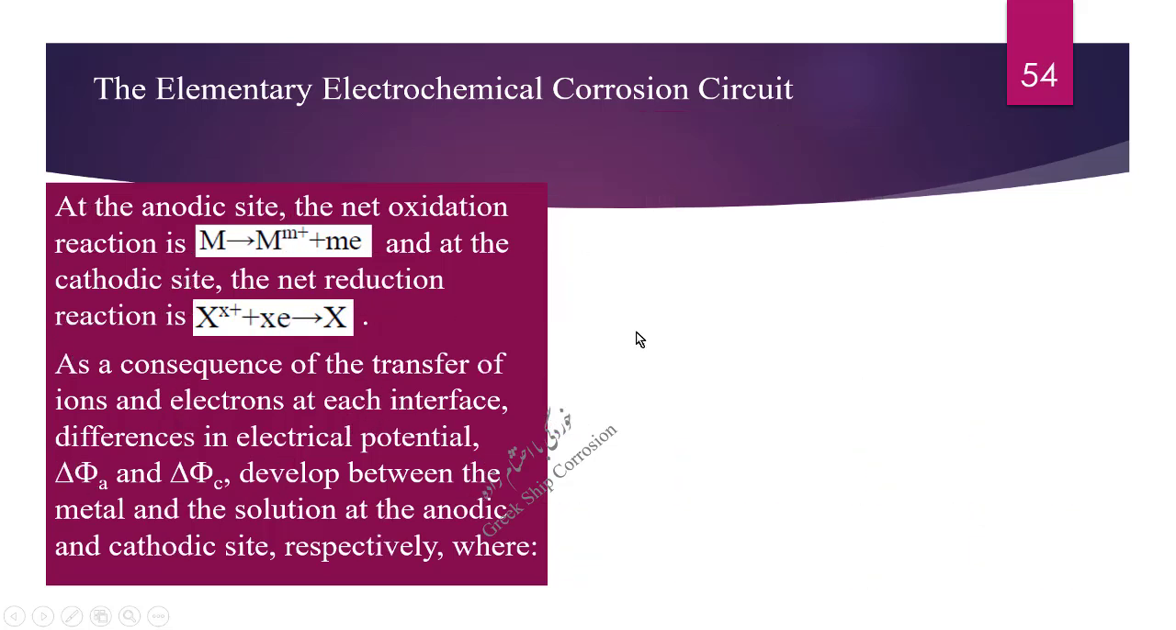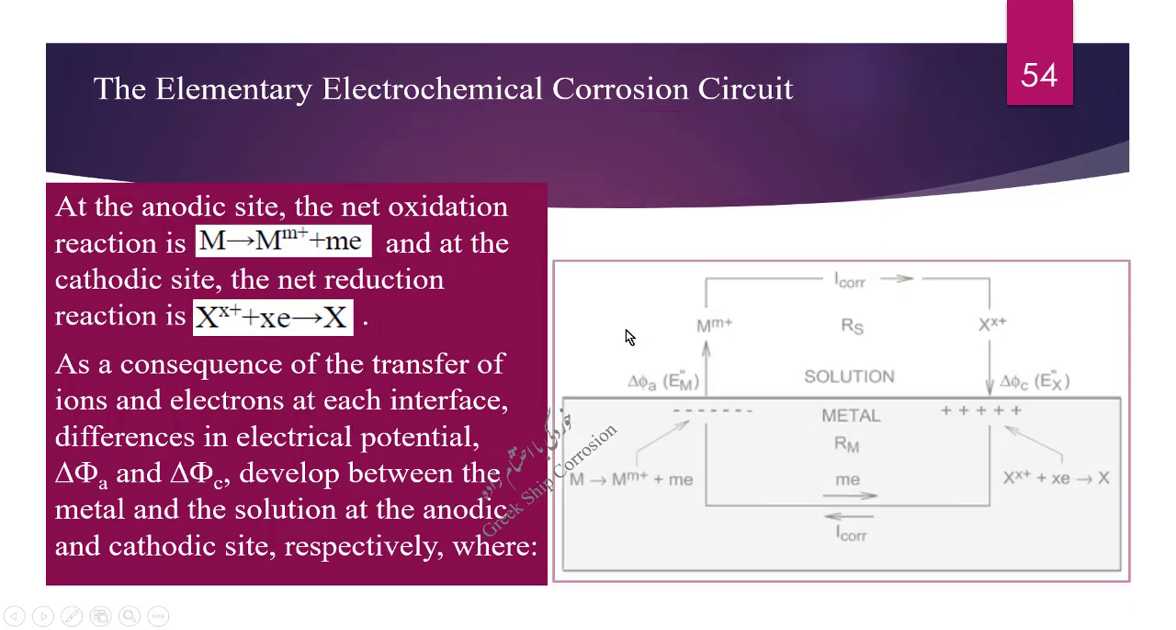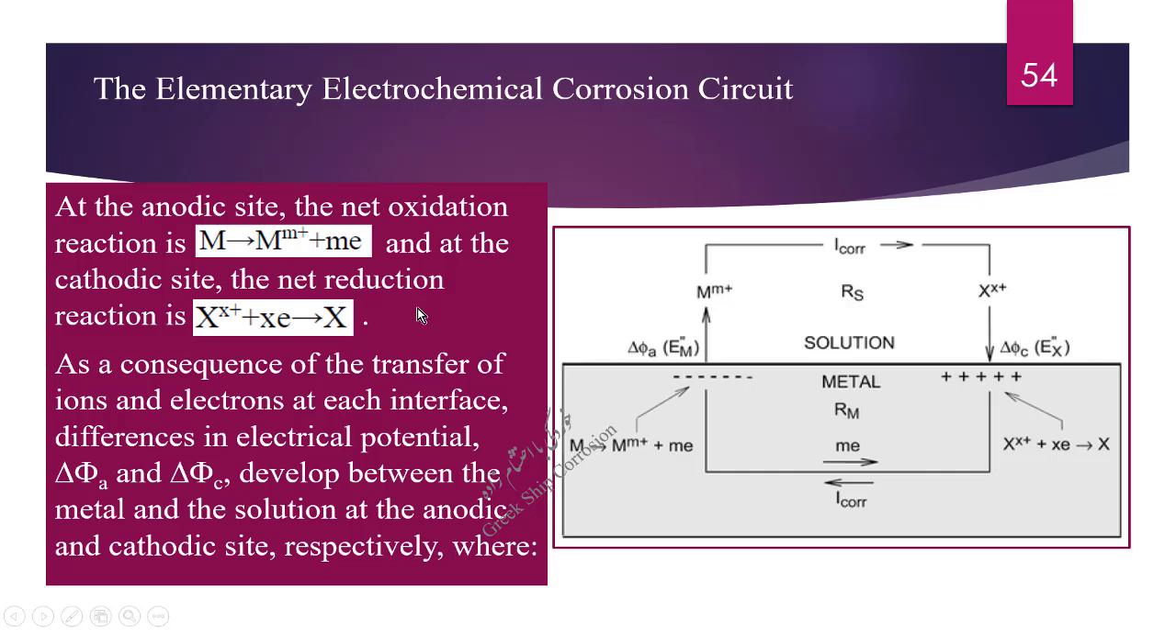The elementary electrochemical corrosion circuit. At the anodic site, the net oxidation reaction is M produces M^n+ plus n electrons, and at the cathodic site, the net reduction reaction is X^x+ plus x electrons produces X. As a consequence of the transfer of ions and electrons at each interface, differences in electrical potential, delta V_a and delta V_c, develop between the metal and the solution at the anodic and cathodic site respectively,